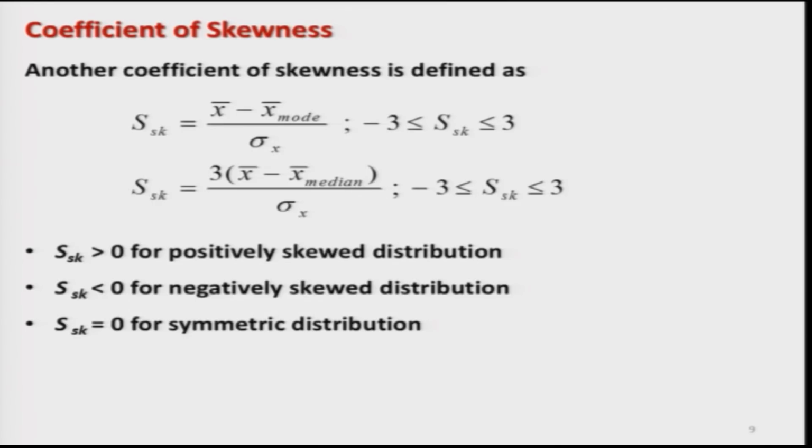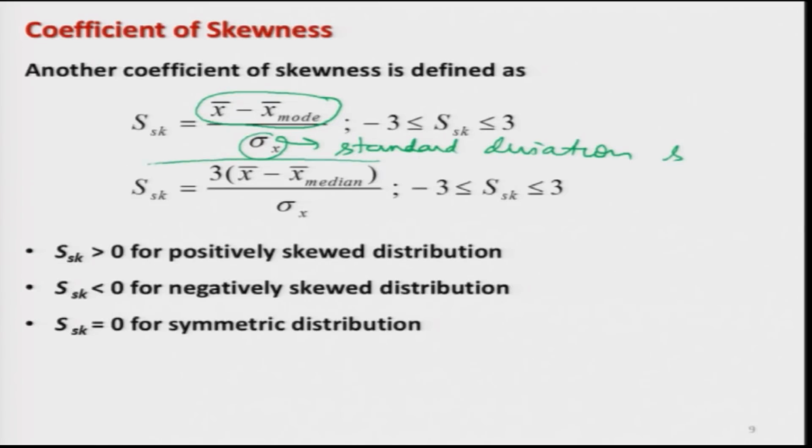So, one coefficient of skewness is based on the mean and mode, which is given by mean minus mode divided by standard deviation. So, sigma x is giving the value of standard deviation. This is essentially the value of S what we have used in the earlier lecture, but I am using here sigma x just to denote that this is standard deviation, because that is the standard notation in many books, and this is the same as this quantity which is based on the mean and